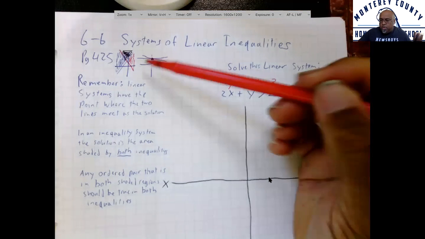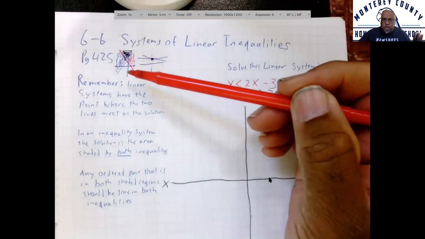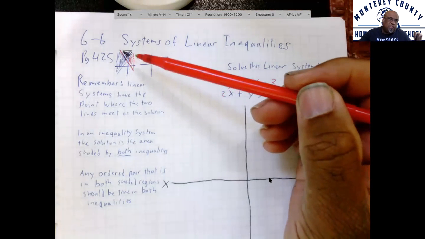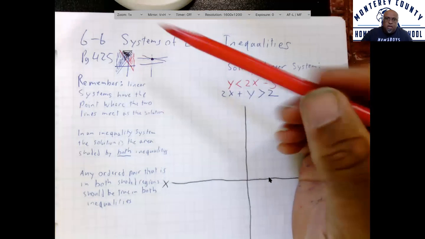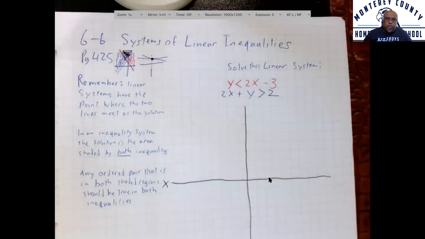So as you can see, I made a red line, I made a blue line, and I colored it in black just because I don't have, I think I do have a purple pen somewhere, but it wasn't handy. I shaded in black where both the blue and the red were shaded in together. I know it looks like some kind of X-Men symbol or something. I don't know what I drew there, but the point is,